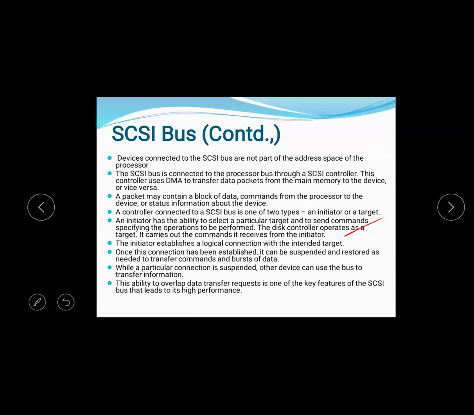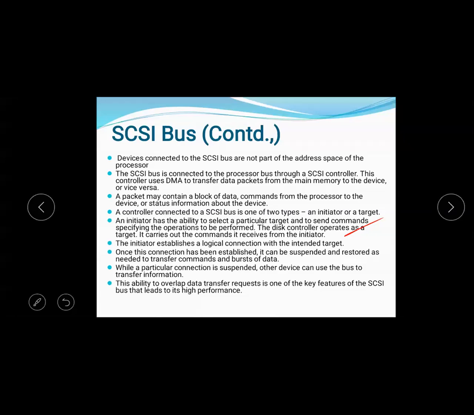While a particular connection is suspended, other devices can use the bus to transfer information.